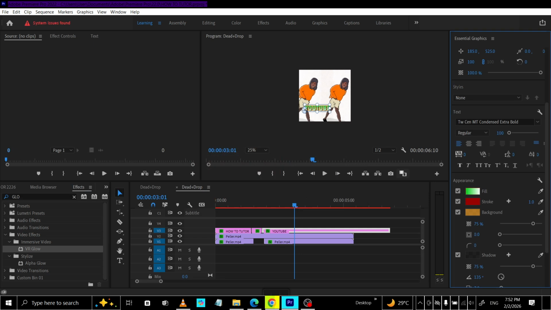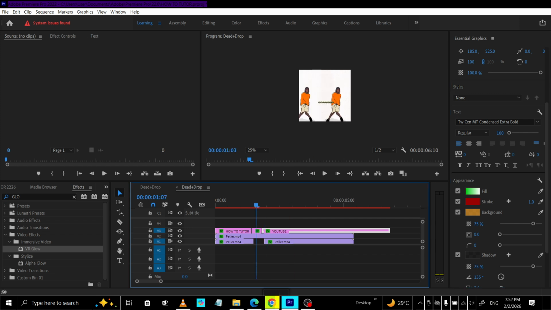That's it. Click a caption in the timeline, open Essential Graphics, choose your text color, optionally add a background box, and use the text panel to apply changes to multiple